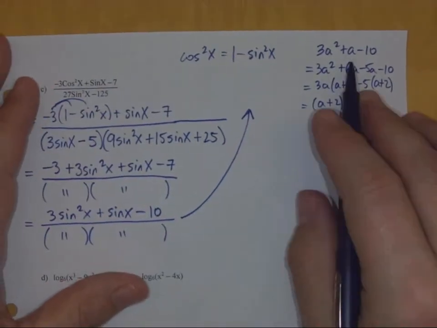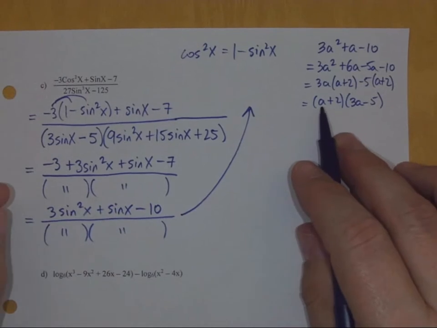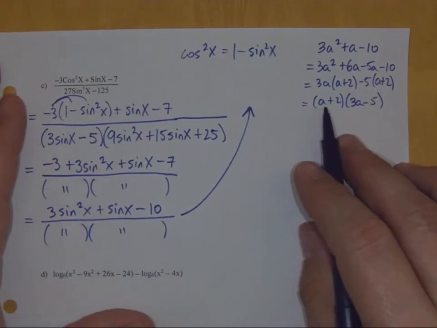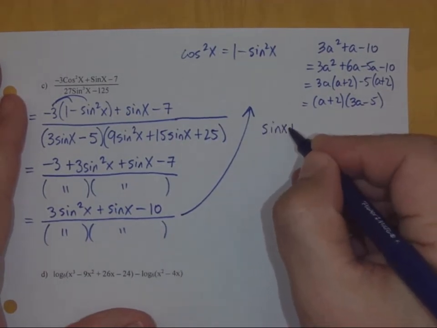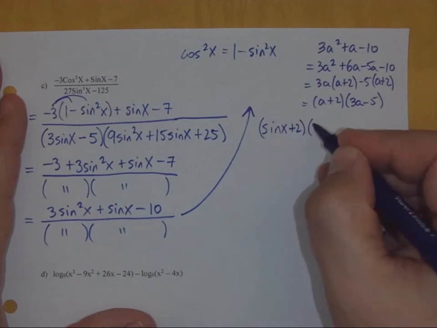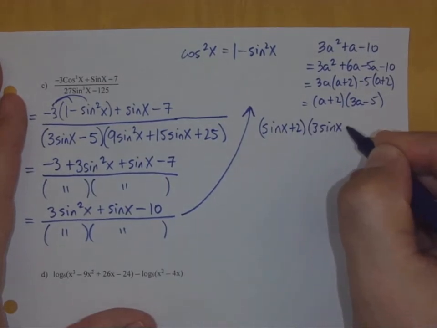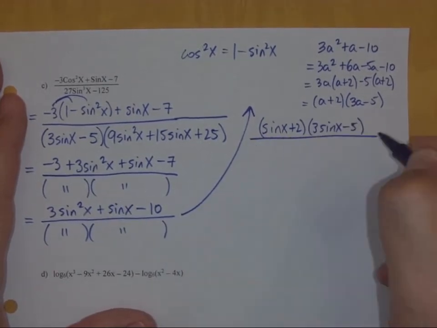So now I know what this factors into. I can use a as a simple version of sine x, but I've got to remember to replace it back again, right? So this is now sine x plus 2 times 3 sine x minus 5, all divided by,